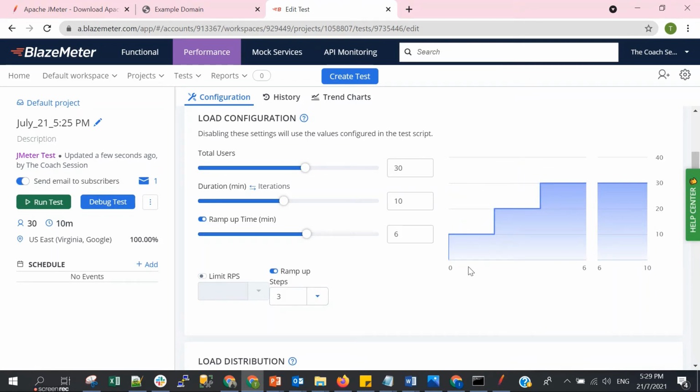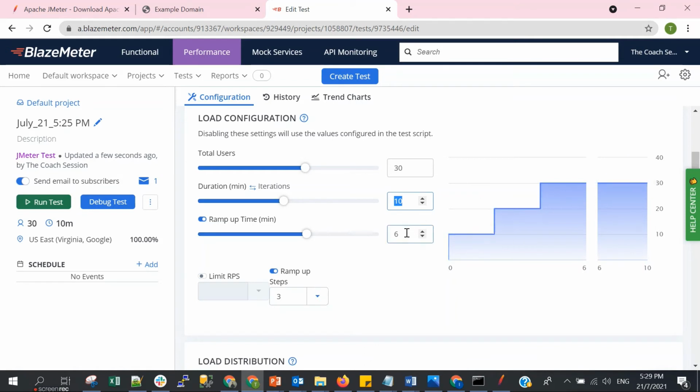So you can see the total is 6 minutes for the ramp up. So 10 users on the first minute, then waiting 2 minutes, then adding another 10 users, waiting another 2 minutes, and adding another 10 users. And after 6 minutes, from 7 minutes until 10 minutes is just a waiting period.